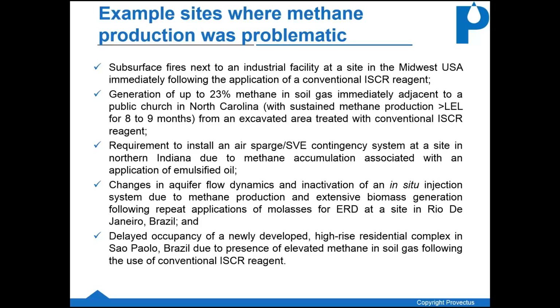I like that one. When they exceed 28 ppm methane in groundwater, you have to turn on your air-sparge SVE, which is a direct cost. So as the consultant, you're going to have the contingency in place, spec'd out and designed, and then be ready to go install it and turn it on in the event that you exceed a certain methane number, which is going to be a real cost, and clients are probably not going to want to see